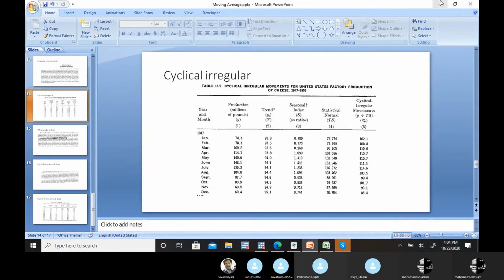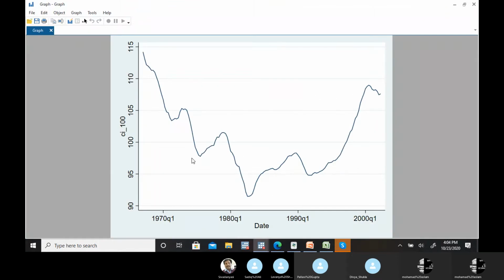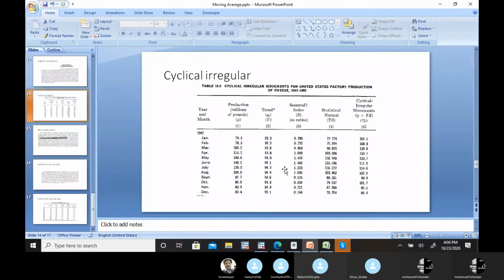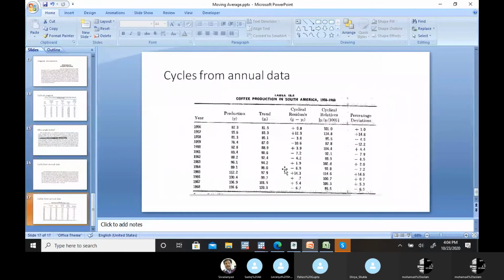Now again the thing is whether it is required to eliminate the irregular component out of it, then the process still remains like we did with the seasonal factor. But if it's annual data and large data sets, then this elimination is not required. If I can give you one another example. Yeah, this one.